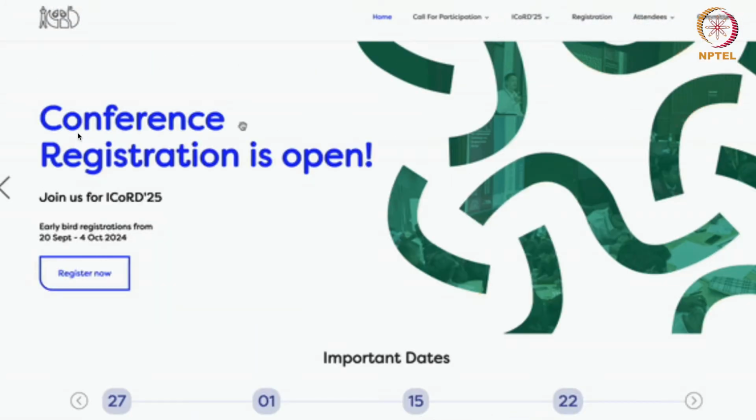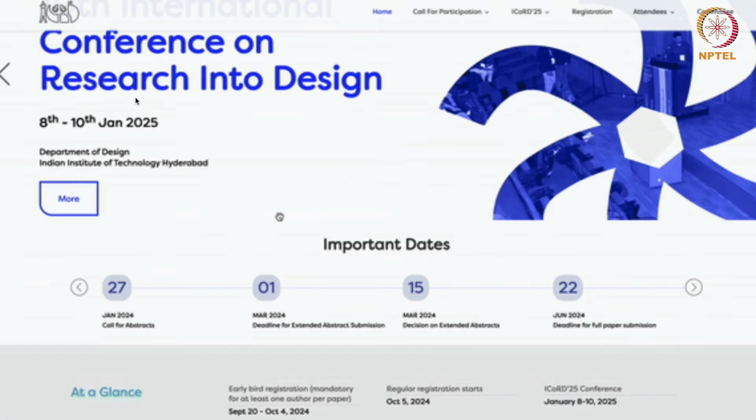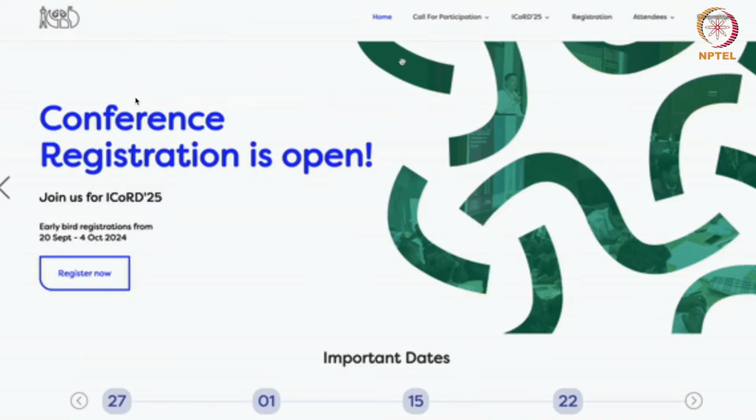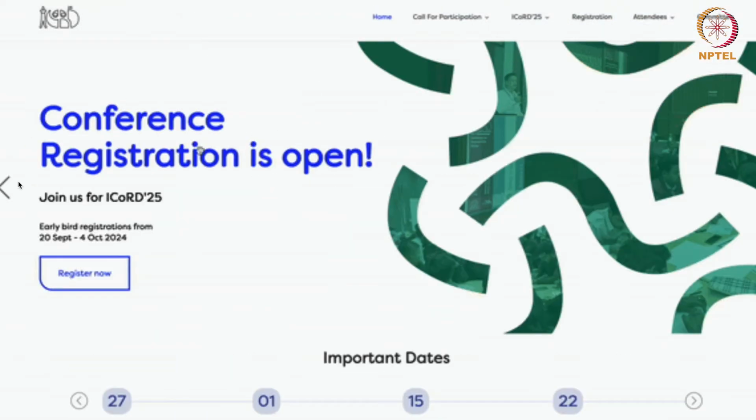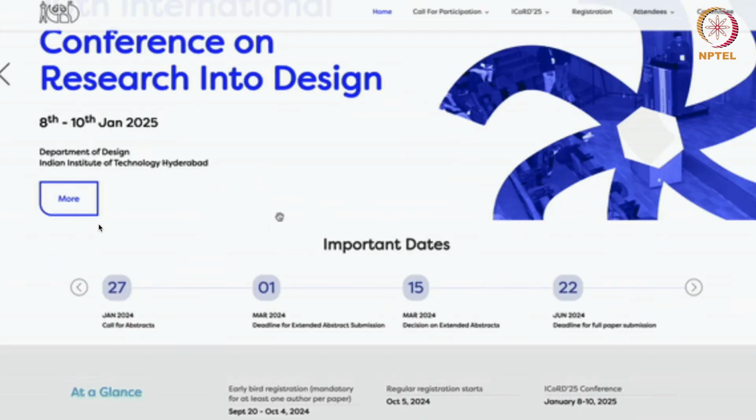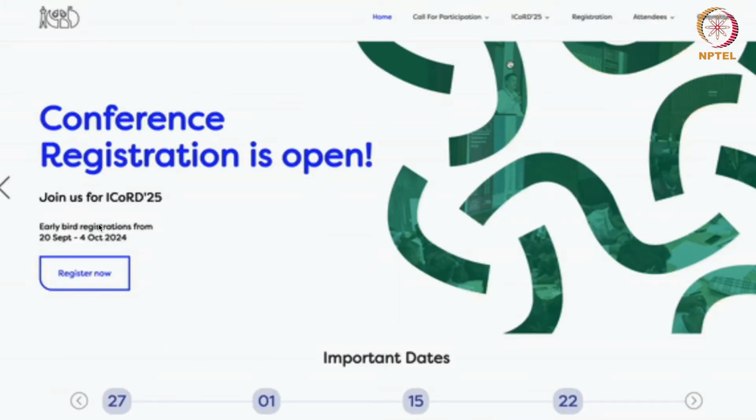So when I read the first portion, which is in blue, it shows the heading of that overall banner. Then gradually you go to the details of it, where "join us for iCode" and early bird registrations were mentioned. So your eyes gradually create a hierarchy because of these sizes.